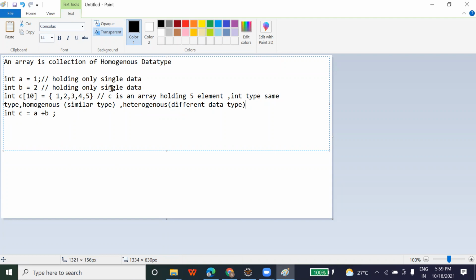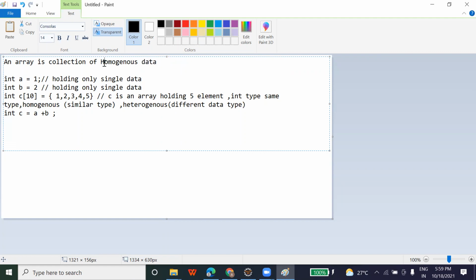So what is an array? An array is a collection of homogeneous data, not data type, homogeneous data, or data of similar data type. Let me write it down again here.